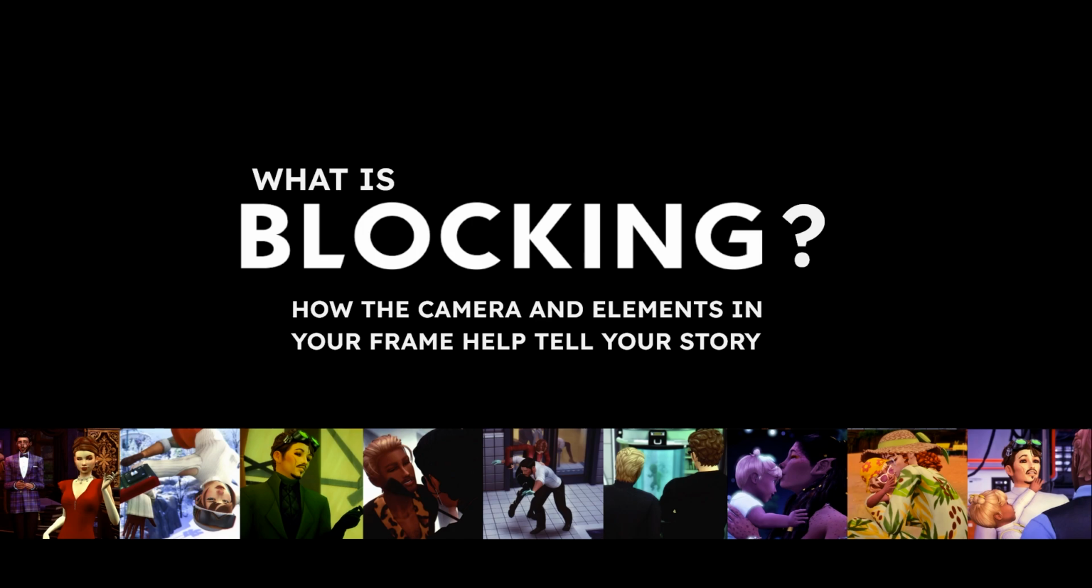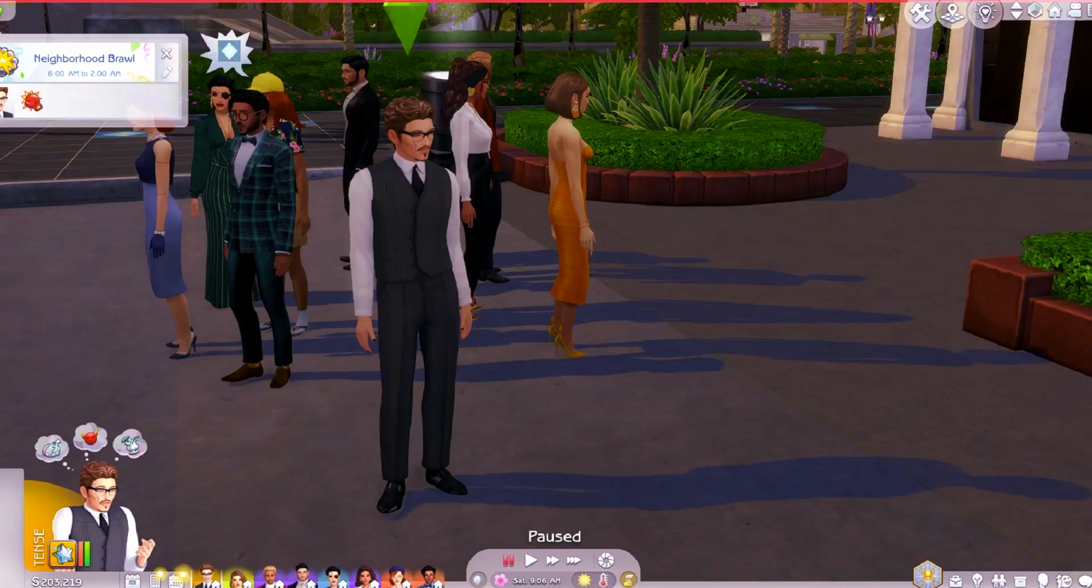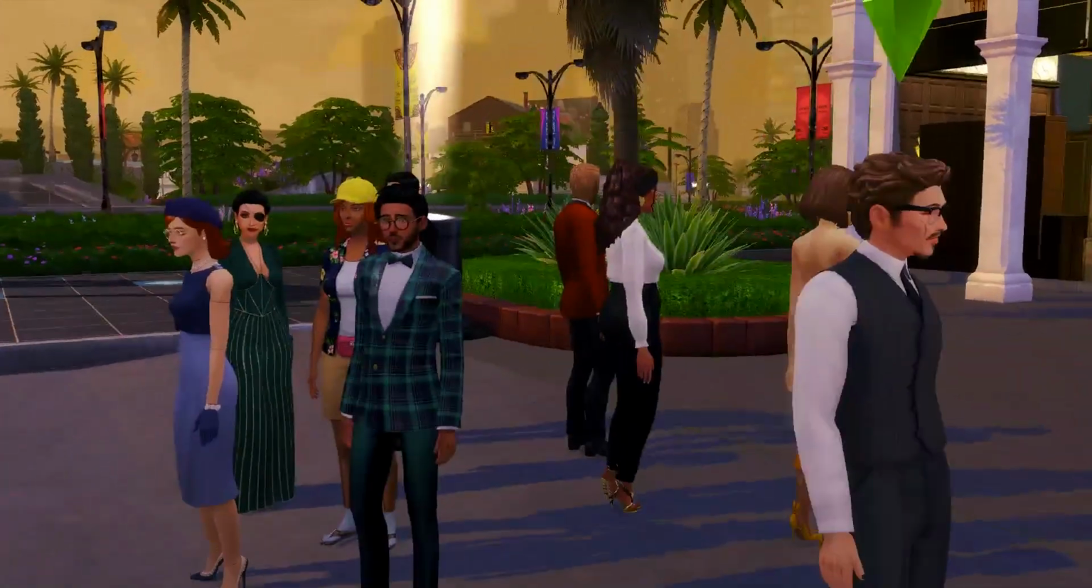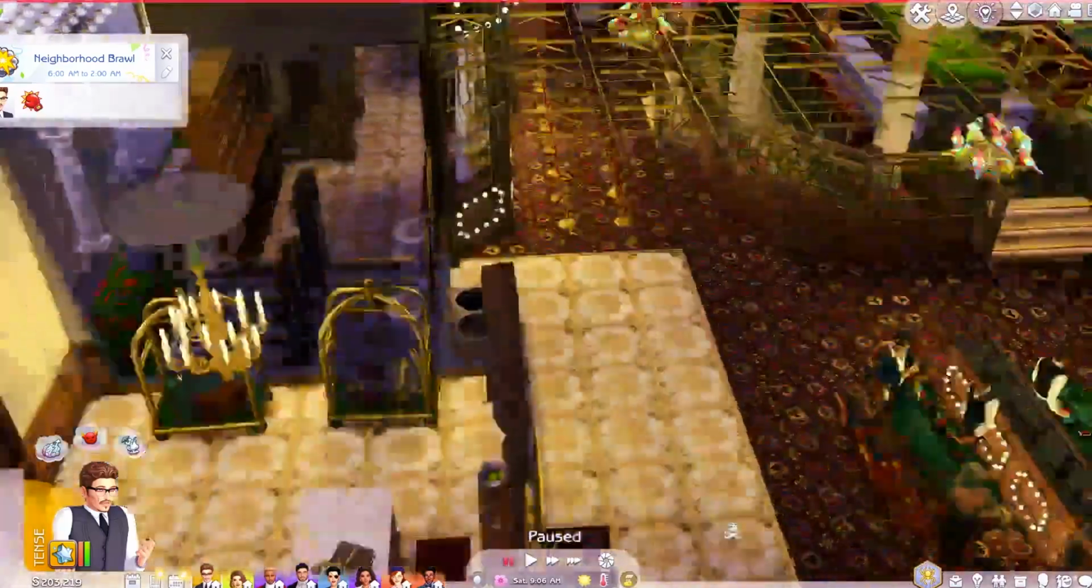There's a lot of different big film rules, but we're really just going to boil it down to a couple things that we can use in The Sims. So we'll start with focal length. Focal length is the range of our camera lens in The Sims. And I find that in The Sims 4, our focal length is a little bit long to begin with when